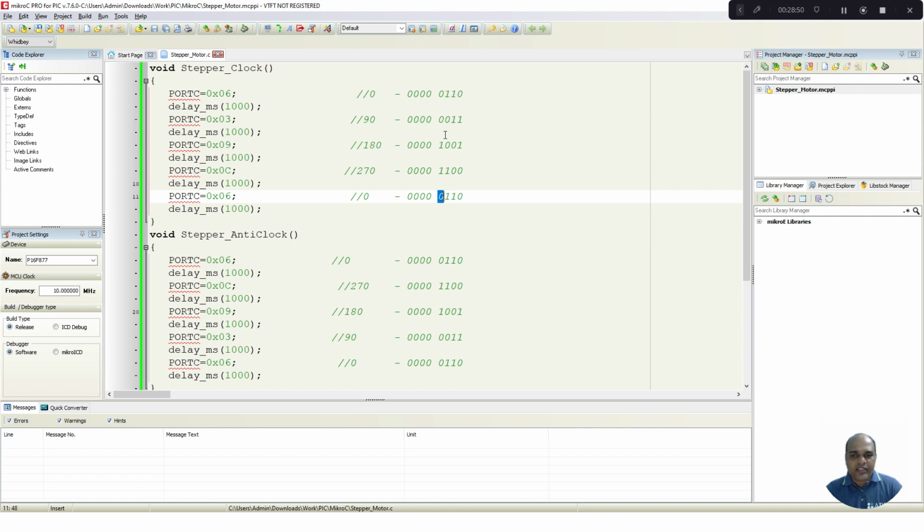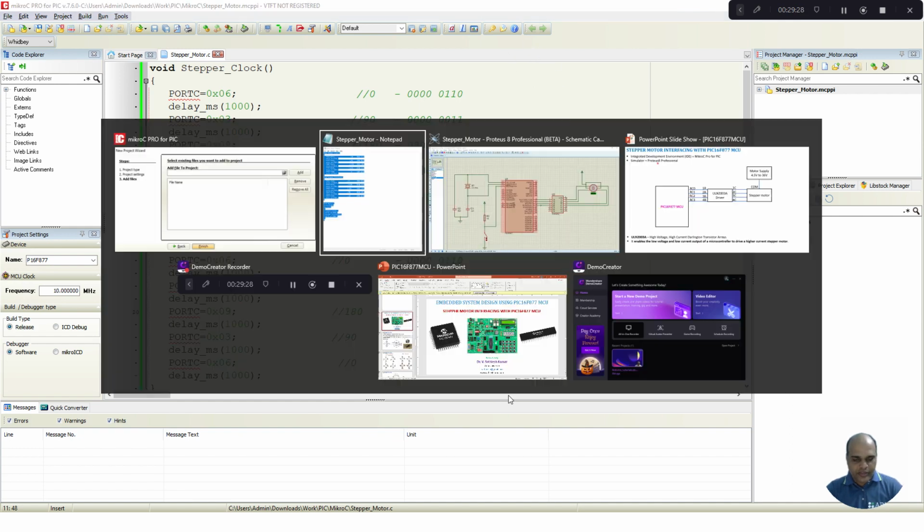Here we are changing the logic of our coil excitation, thereby we will achieve a clockwise rotation. Let us take C3 to be top, C2 is on the right, C1 is on the bottom, C0 is on the left side. Which means C3 and C0, in the sense the top and left. So the combination is C3, C2, C1, C0, right? So C3 is on the top. So for example here,